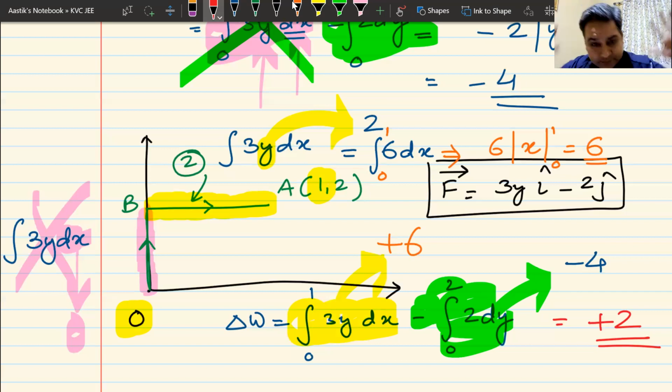Are we all there? Can I have some raised hands from everyone in the class that we have understood this? If you understood this, you must congratulate yourself, because this is the most difficult thing that you can do in a question of this type, and this will never ever come in your JEE Mains. It's just out of their reach.